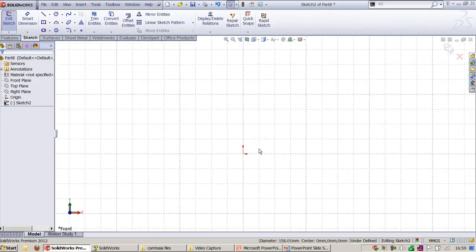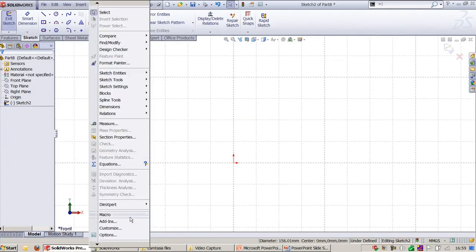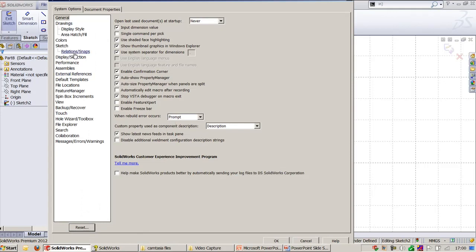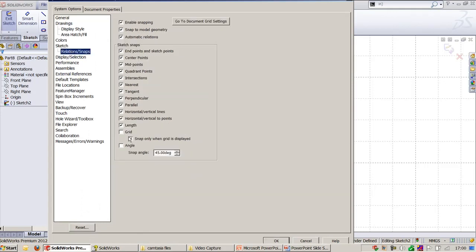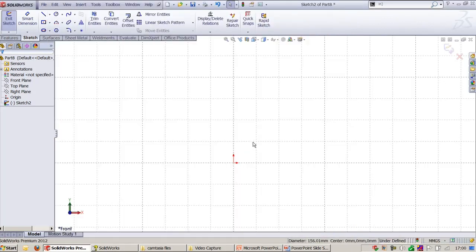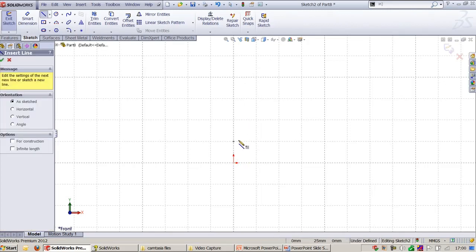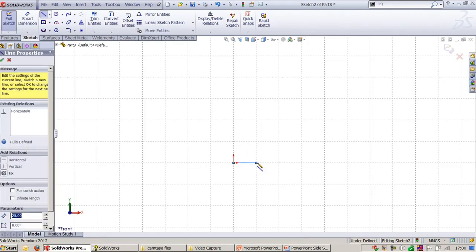This grid spacing can be controlled by using Tools, Options. Here go to Relations and Snaps, here you can see grid. Using this you can control whether the grid is used for snapping or not. I'll go to line, and if I go here you can see it will automatically snap to the grid lines. Using this we can create a sketch